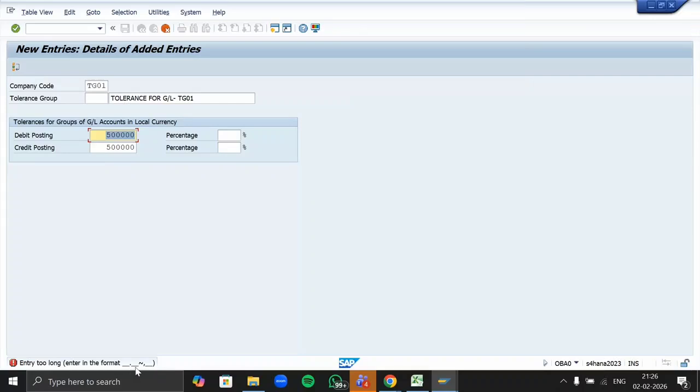There should be a dot in between. This format you should know, because everywhere in the tolerance there will be a different format.